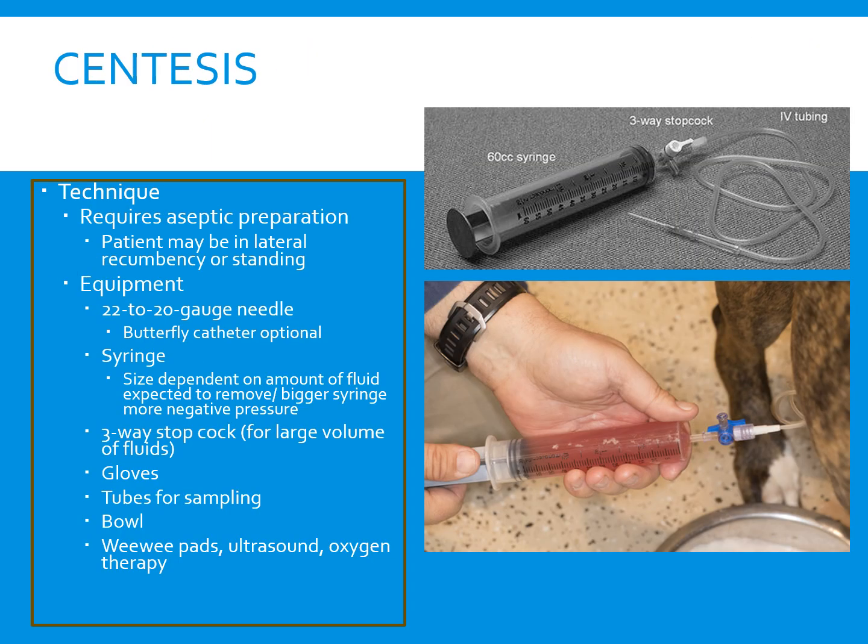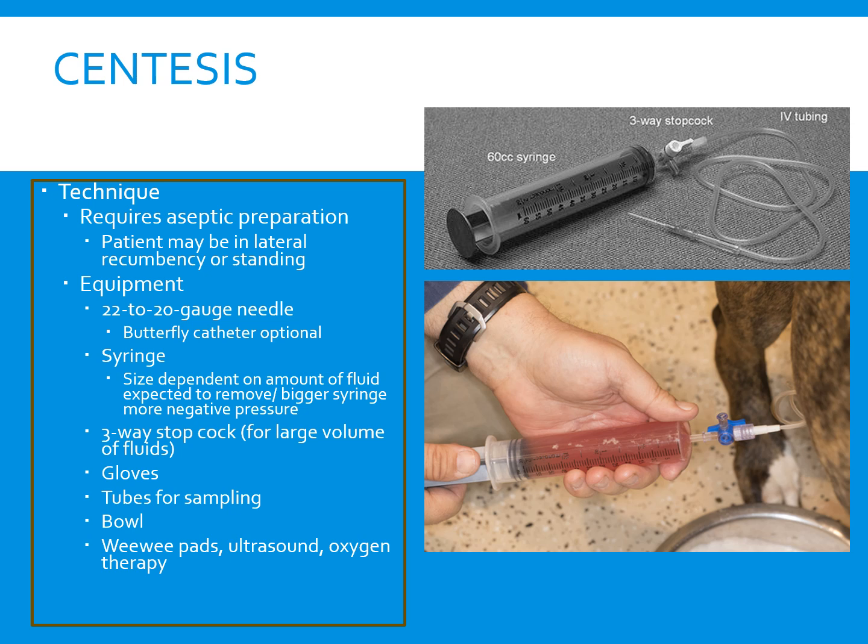So some of the things you'll need for centesis, remember that this requires aseptic preparation, so you would clean and scrub similar to what you would do before surgery prep. They can be in lateral or standing positions. You're going to need a needle, preferably a 20 to 22 gauge. Butterfly catheters work well because they can move around a little bit better